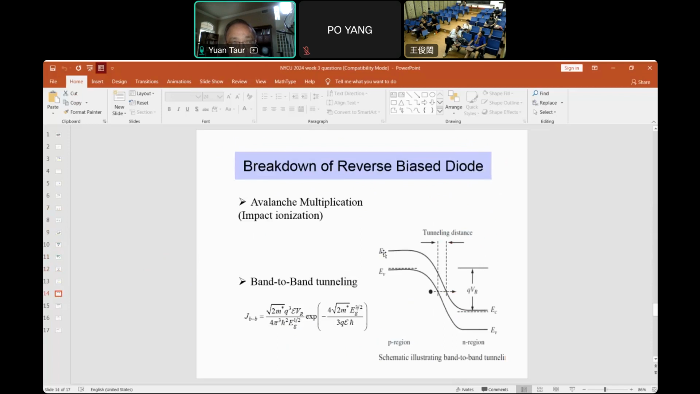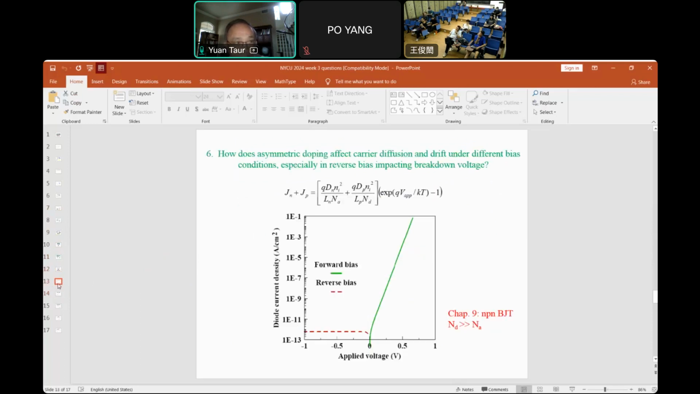So that covers this question. 我可以稍微补充一下。 请。 你那个如果说你plot那个 field versus distance 或者是 junction 的那个位置，你 breakdown 的那个至少你的 body drop 是 across 那个